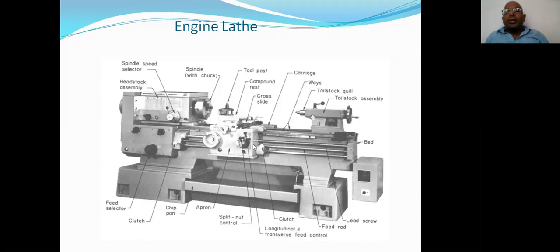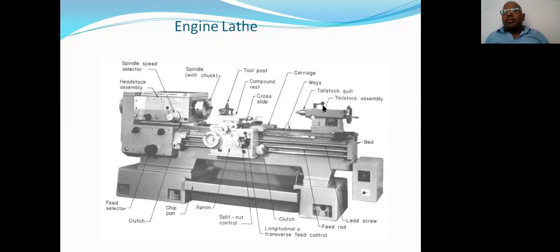So the carriage is supposed to move parallel to the axis. Movement of this carriage perpendicular to the axis is not possible. In order to move the cutting tool perpendicular to the axis, the cross slide is supposed to be moved. At the same time, if the cutting tool is supposed to move in an inclined direction, then the compound rest is supposed to be moved in that inclined position.